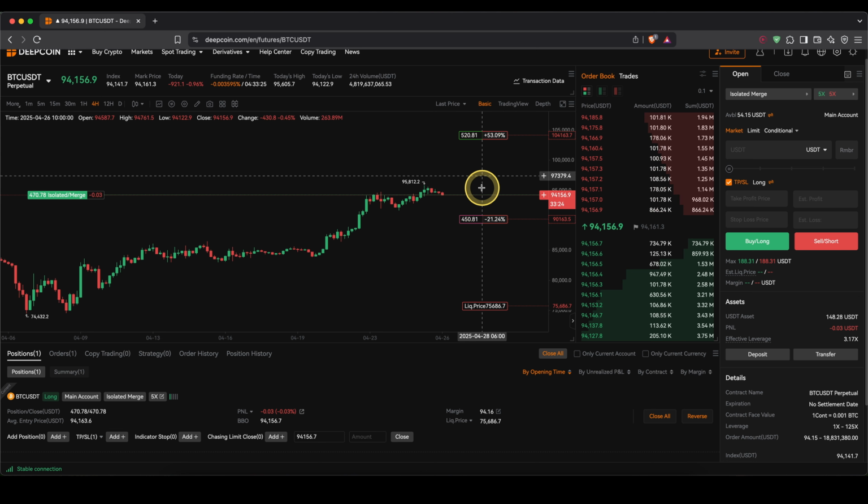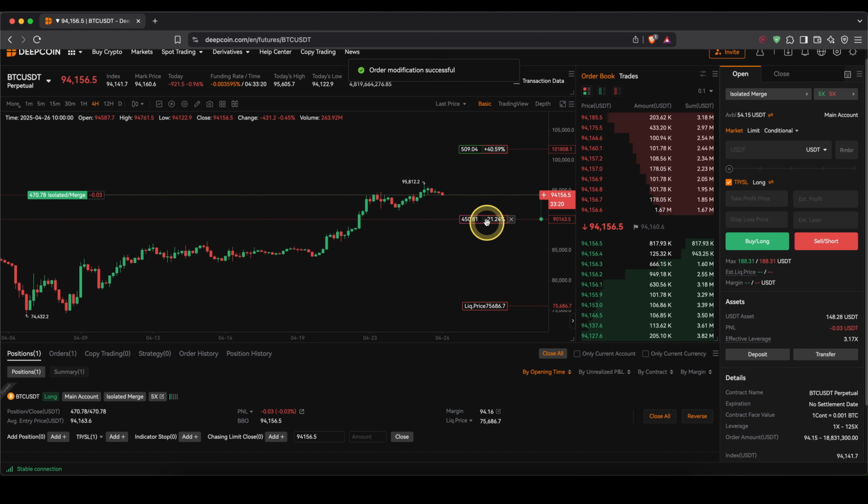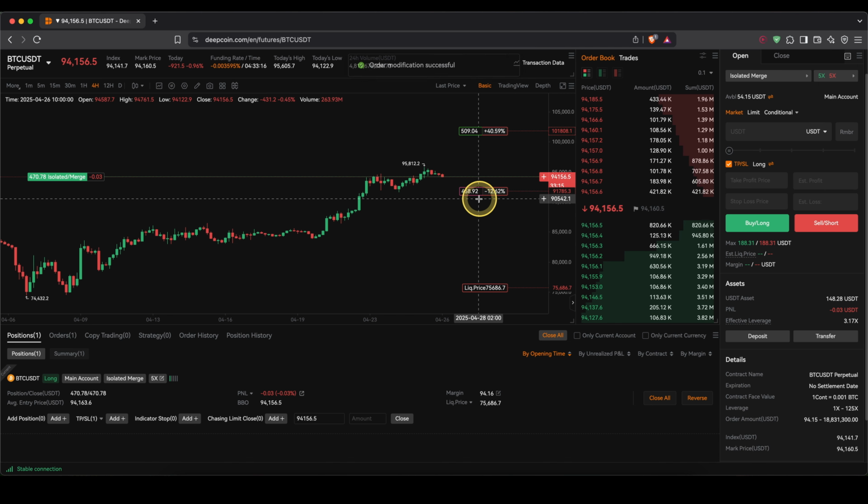If I want to edit my take profit or stop loss, I can simply go in the chart and grab it to a new position. And you will see everything changes accordingly. I can just place them to a new value. And if I want to also see how much profit I want to set more specifically,